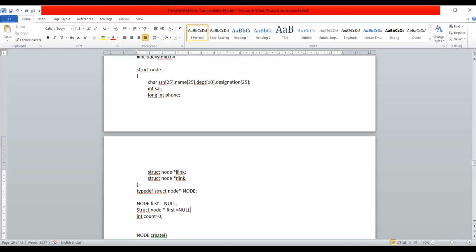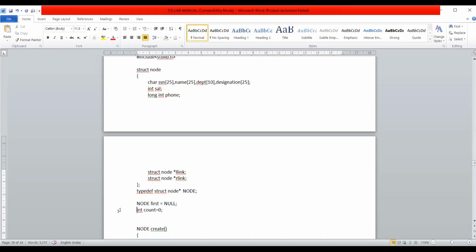Both mean the same. So I have just replaced struct node asterisk with capital NODE for ease of writing. It is not mandatory to have a typedef. If you don't want it, you can remove it and write struct node asterisk everywhere. But just for our ease,